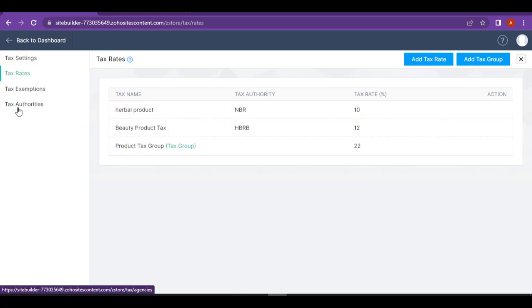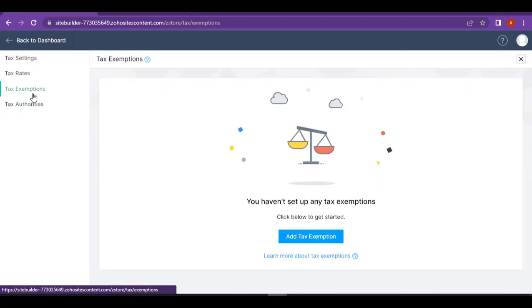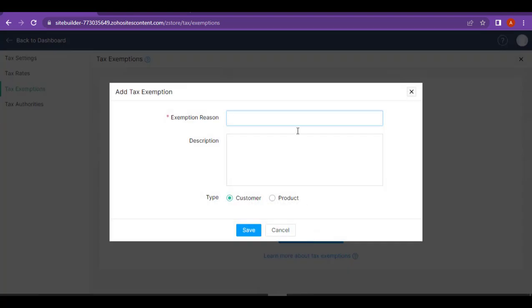So tax authorities and tax exemptions, that means government or federal authority freed some of the sectors for which they are totally free the tax rates or something else, or partially they freed the tax rates. So which are the tax exemption I need to specify here. For the tax exemption regions,